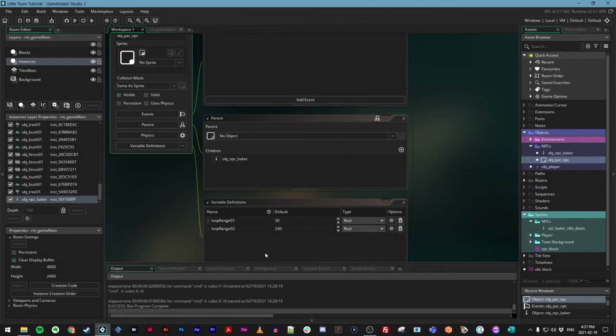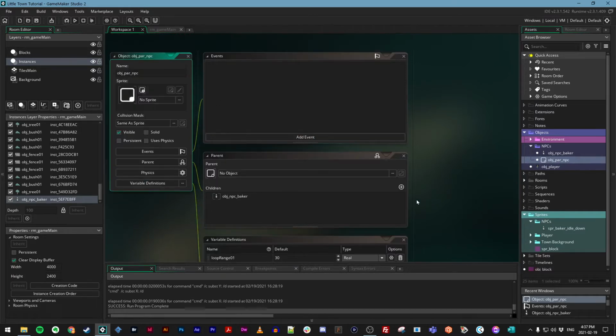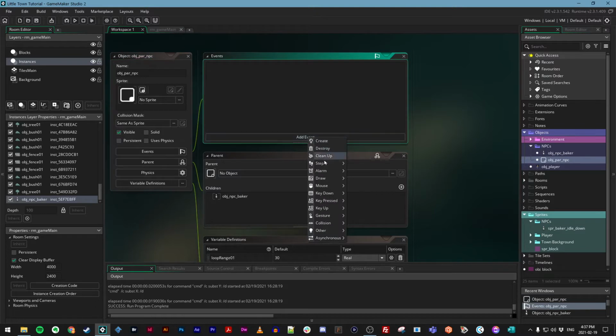Now that we have variable definitions set up in our parent NPC object, we can go ahead and use a combination of those, as well as a step event and a new event called alarms, to control how our idle animations for our NPCs work and to make them a lot more interesting. So make sure you have obj_par NPC open, and in the events box, let's click add event and choose step